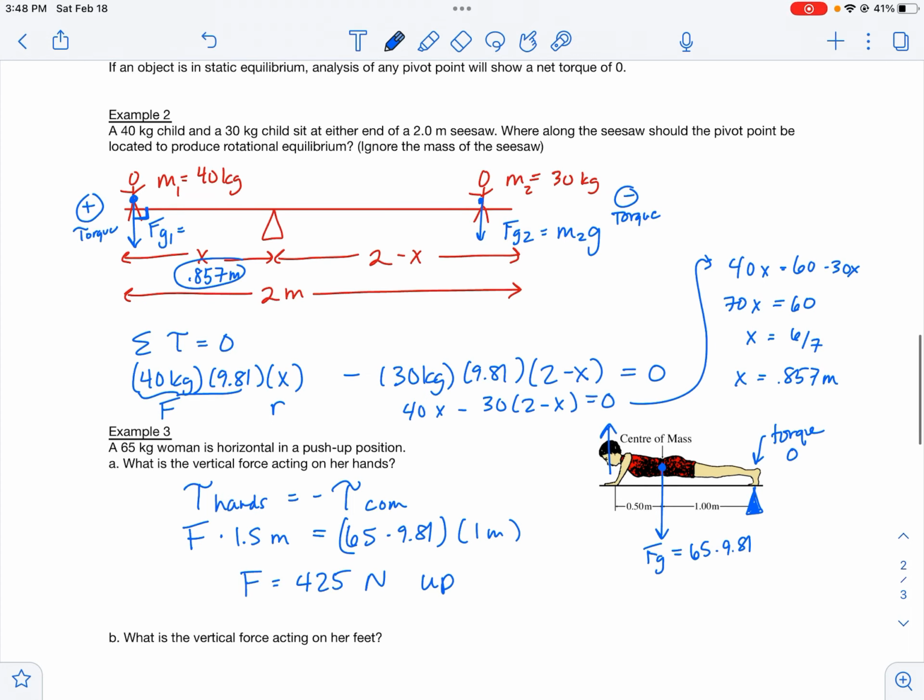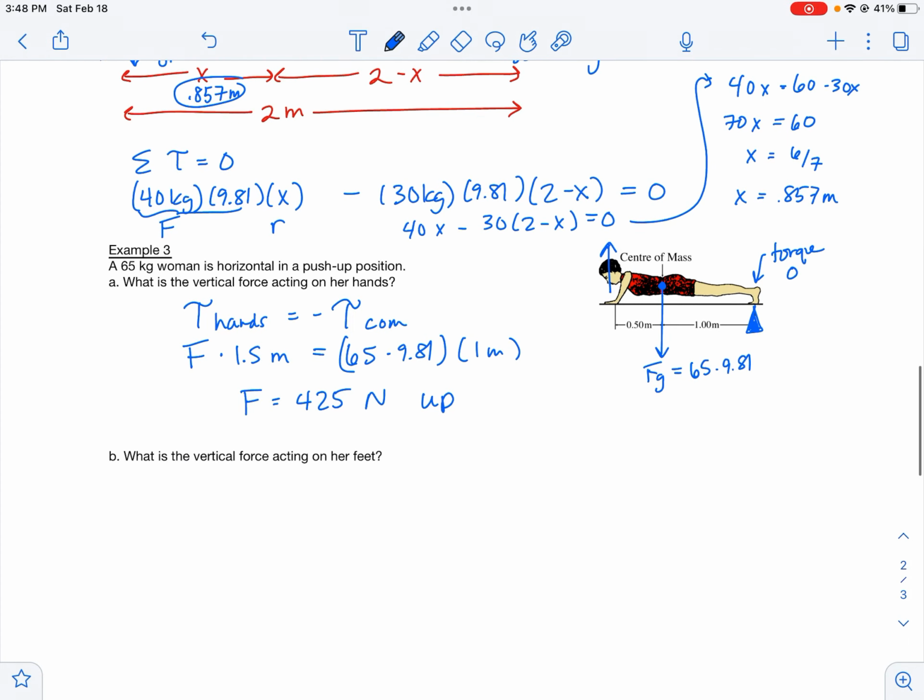Okay, what is the vertical force acting on her feet? Well, she has to be in static equilibrium. So one way to solve this is to say that her feet must be holding her up. So now if I don't think about the rotation of her, if I just think about her having 425 newtons up and 65 times 9.81 newtons down,